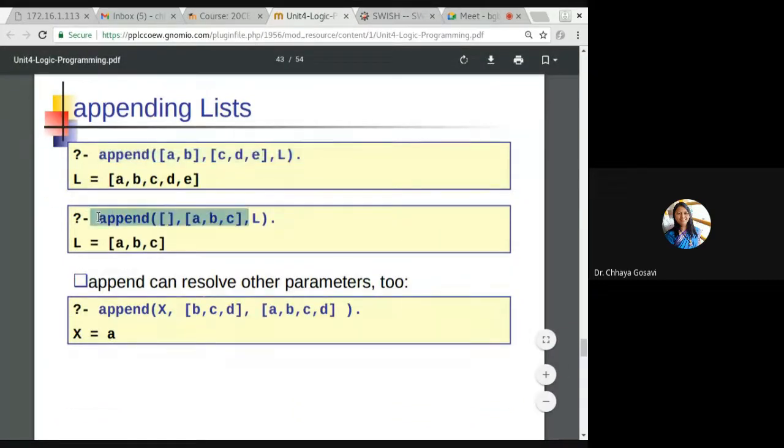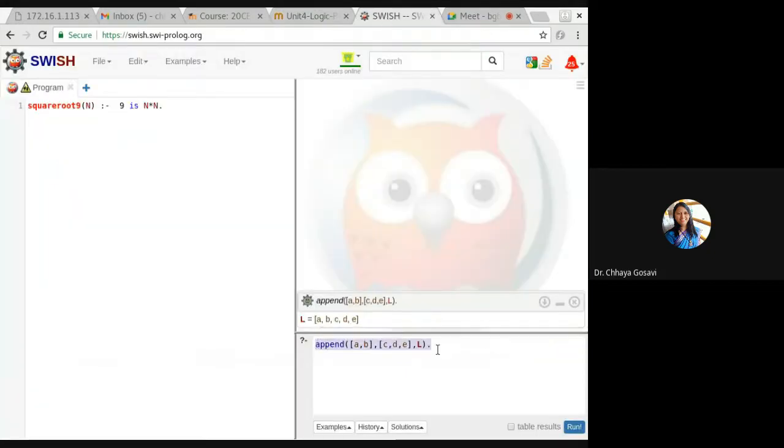It can resolve other cases too. For example, if you want to create a blank list or a new list, what you have to do is append, this is an empty list with [A, B, C]. So you want L equal to [A, B, C].